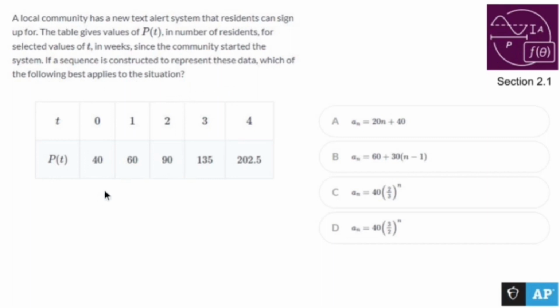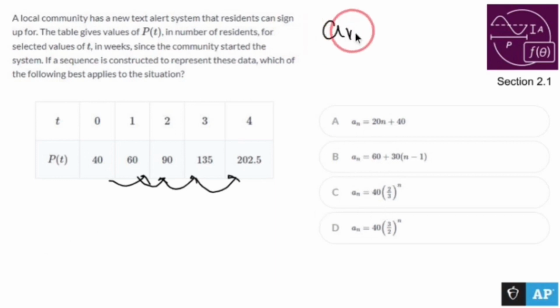So it looks like what I'm doing is definitely exponential. Am I multiplying by 1.5? Yeah, I am multiplying. 40 times 1.5 is 60. 60 times 1.5. So I'm multiplying by 1.5. They want us to use what looks like a geometric sequence, so I'll set